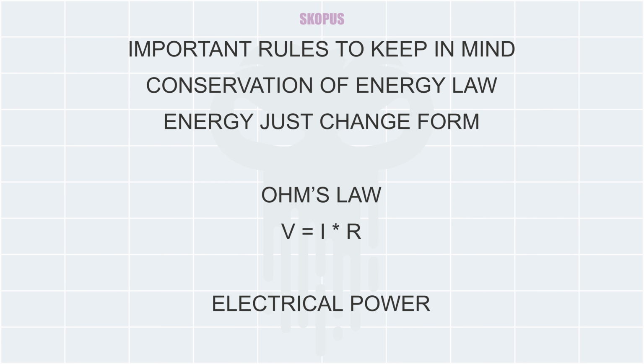Next up is the electrical power. Electrical power is usually equal to the amount of voltage multiplied by the amount of current that is in our circuit. There is another form that we can write down this equation, which is sometimes more useful. If we merge the previous formula with this formula, we will get this formula, which indicates power is equal to current squared multiplied by resistance. So if we go back to our example, we know the voltage, we know the current, we know the resistance. There we can put it in this formula and see how much power is used in our circuit.